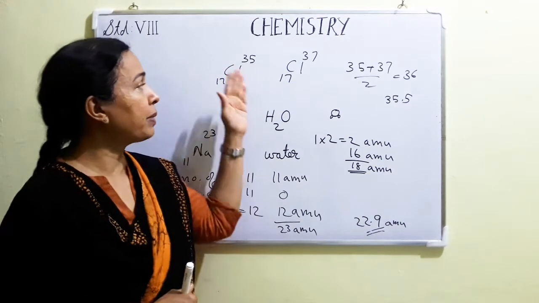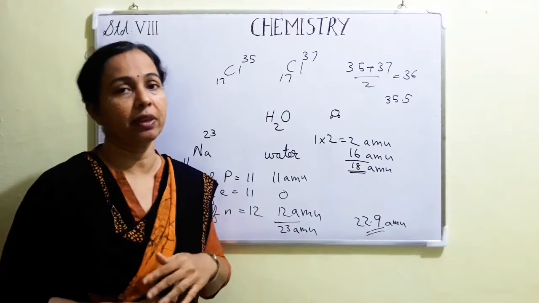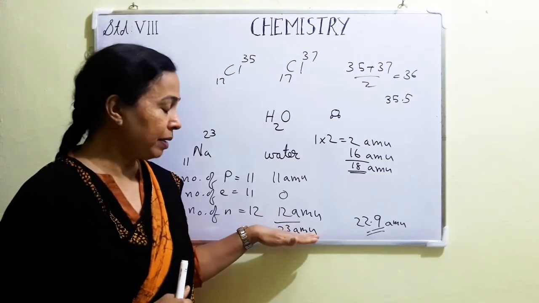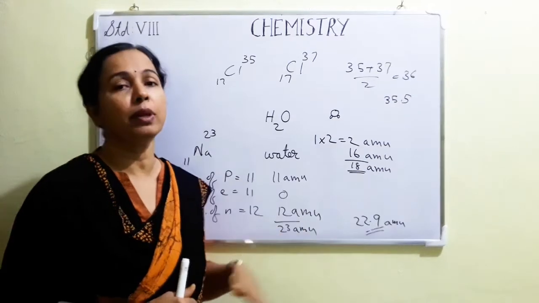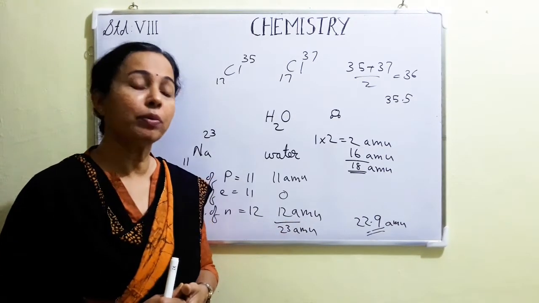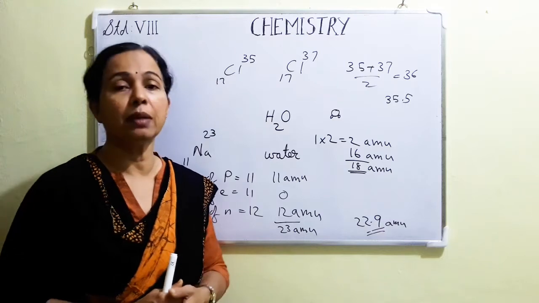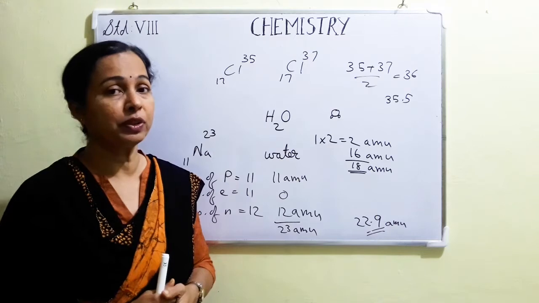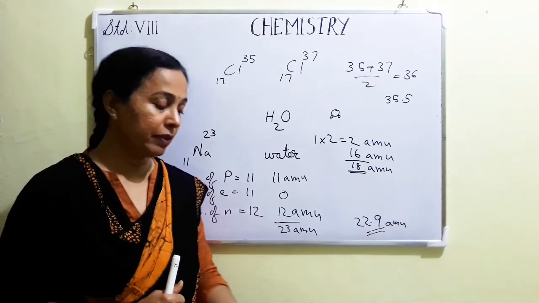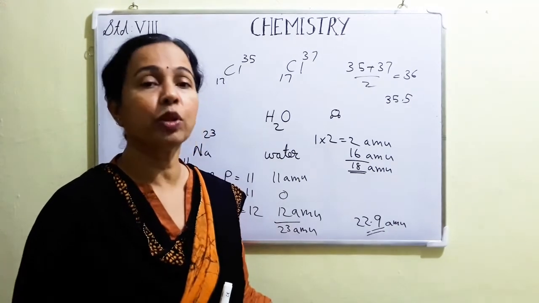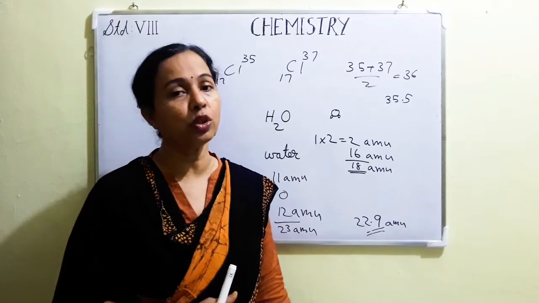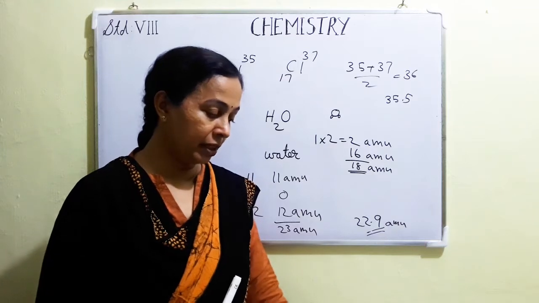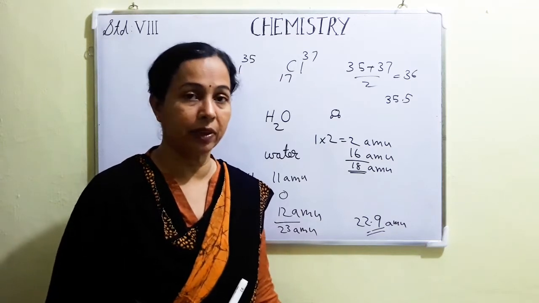They are not given separately for chlorine 35 and chlorine 37. Okay. So what ma'am was telling is atomic mass and mass number will be almost equal. So in your book, the atomic mass of elements up to 20 is given. But we need not study that atomic mass. We can study the mass number which was given in the last chapter, because mass number and atomic mass are almost equal. See in your textbook page 61, table 5.8, the atomic mass of the first 20 elements are given.